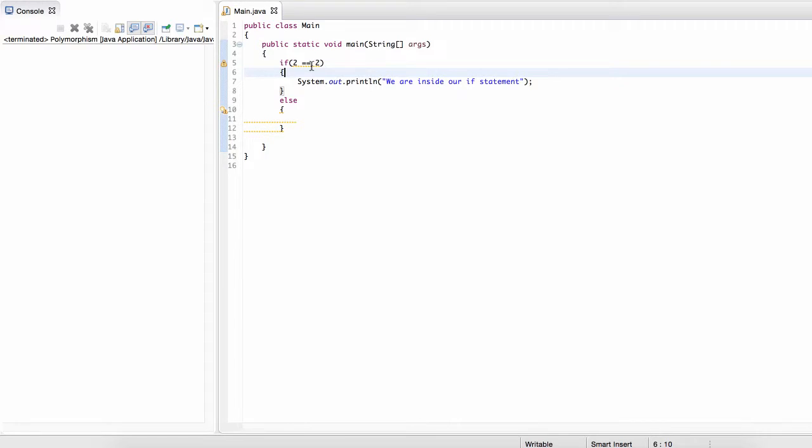is equal to 2. Well, 2 is equal to 2, we know that, right? So it's 3 is equal to 3, and 4 is equal to 4, and 5 is equal to 5, and so on. And so if we say this, then we're always going to go inside of here. And if we print it out, yeah, we are inside of our if statement. So this is the same thing as saying,